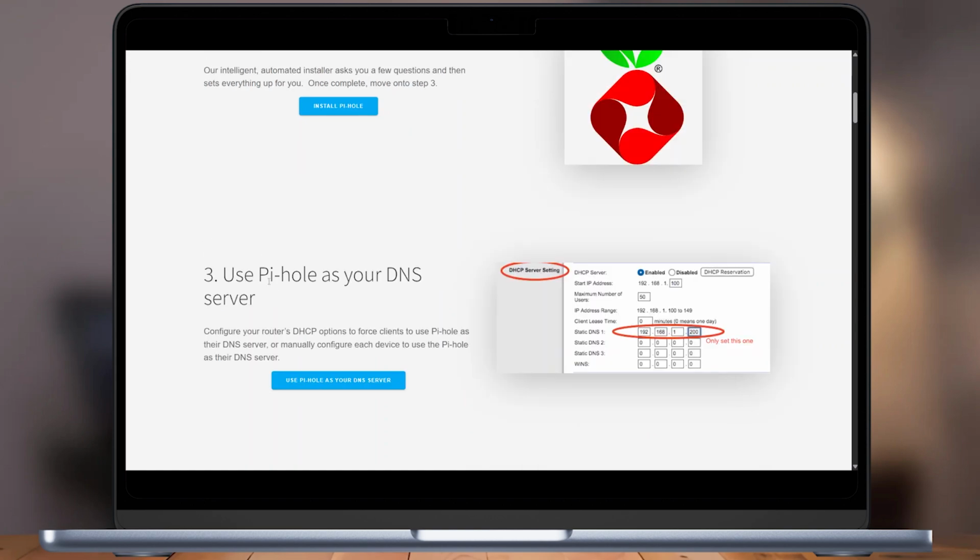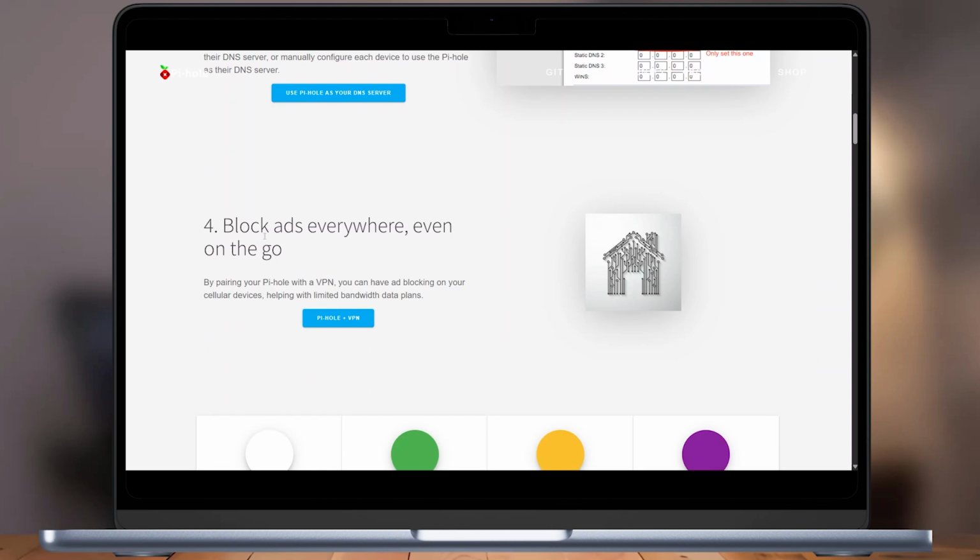Use Pihole as your DNS server by configuring your router's DHCP options to make clients use Pihole as their DNS server, or manually set each device to use Pihole as its DNS server. It blocks ads everywhere, even on the go. By pairing your Pihole with a VPN, you can enable ad blocking on your cellular devices, which helps conserve bandwidth